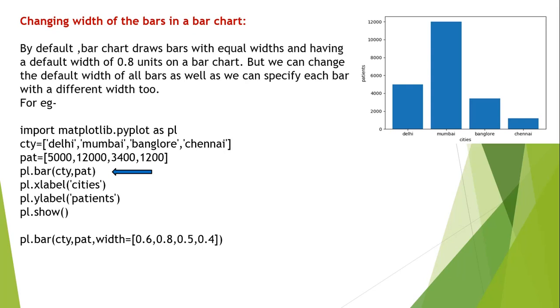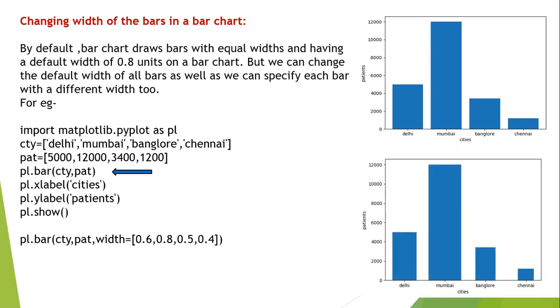For example, the default width was 0.8 units for all the bars. Now if you wanted the width of each bar to be 0.4, for all the bars, for that we just have to specify width equals 0.4. So for all the bars the width will be taken as 0.4. But the example we have mentioned here is for giving the width of each individual bar. Now let's see what the output of this will be.